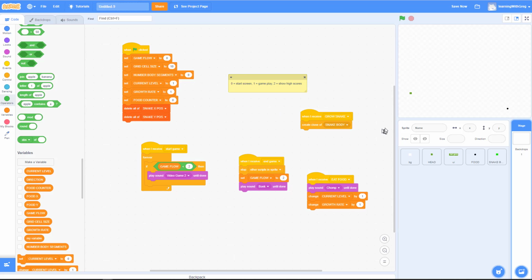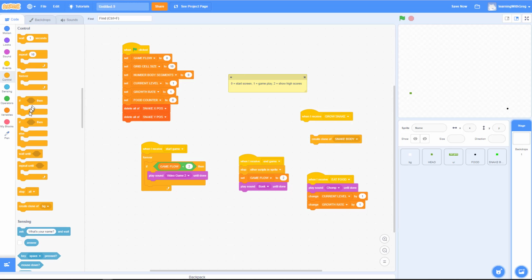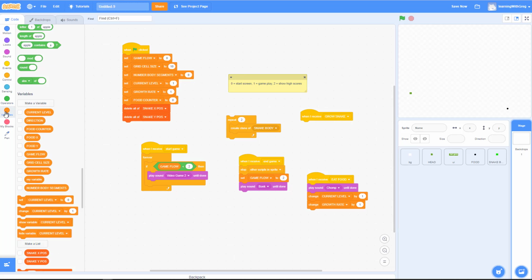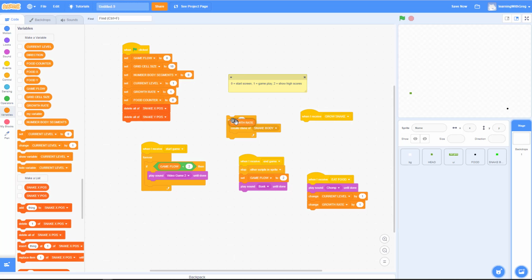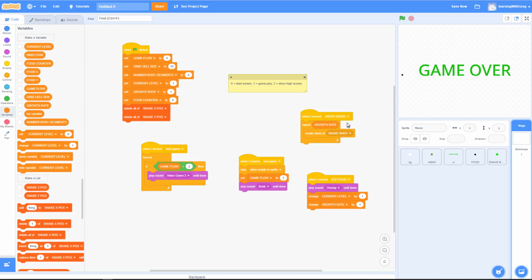So then when I add the segments of the snake and I grow the snake, right here I have create clone of snake body. Well, what if we just did something like this, where we came under our control group here and did a repeat, and we did repeat 2 times, and we drag that within here. And actually I didn't want to repeat 2 times. I wanted to use my variable. That's where I wanted to drag my growth rate. So what if I did repeat growth rate, and then I'll drag that back under here. And so when I receive grow snake, depending on the growth rate,